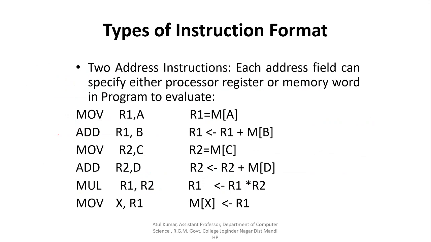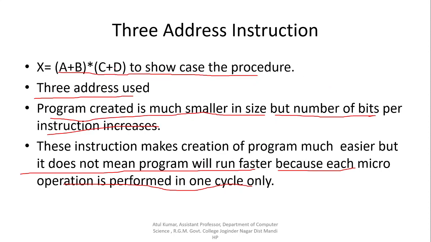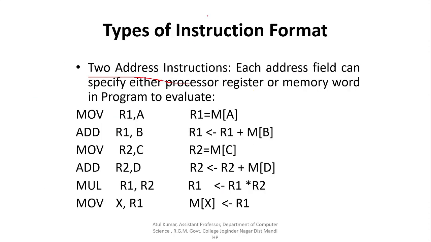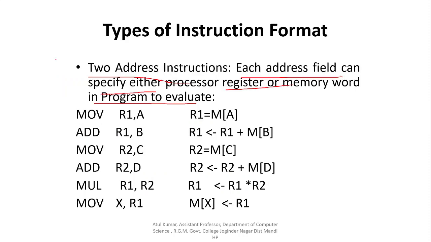The next type of instruction we have is 2 address instructions, and in 2 address instructions we have 2 addresses. One is a destination address and the other is a source address, and we have opcode, that is basically the operation that is to be performed. So in case of 2 address instruction, each address field can specify either a processor register or a memory word. Suppose we have to solve this expression X is equal to A plus B multiply C plus D with the help of